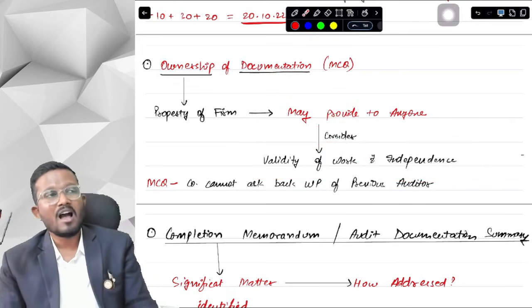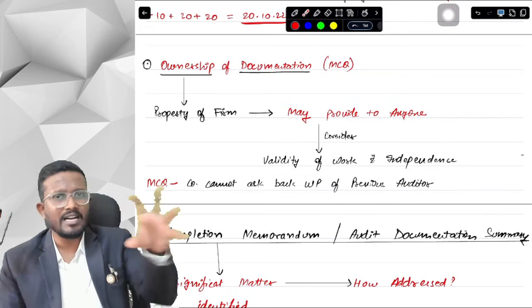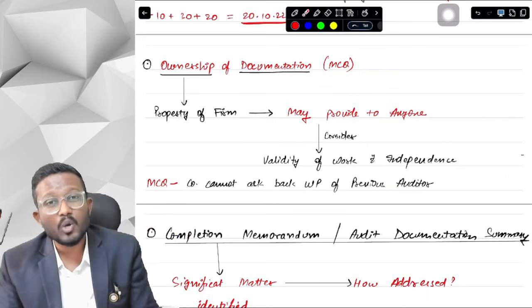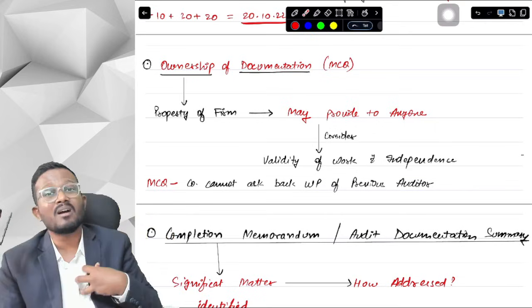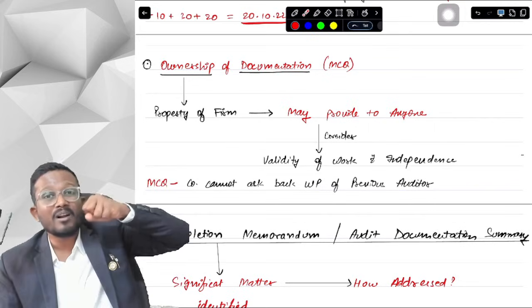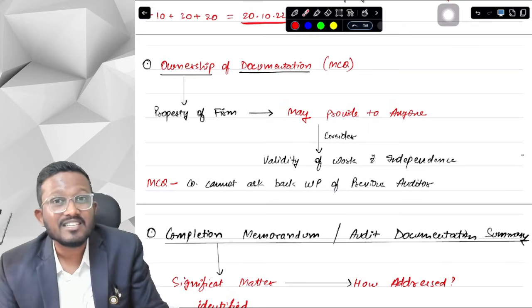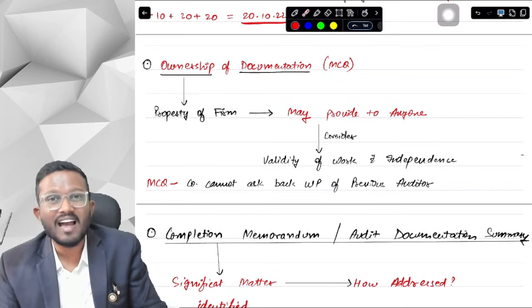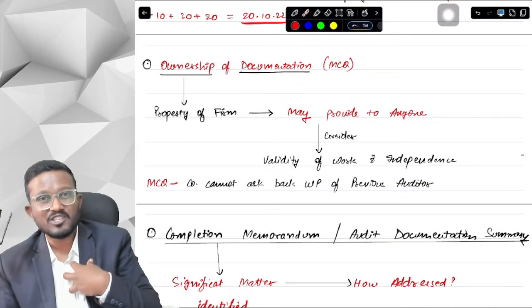Because suppose the client asks the auditor to provide the audit documentation for FD interest. Now the client knows, if I provide the audit documentation, exactly what procedures I am following to check their sample, to take samples, and what my audit methodology is. The client can now predict what I will be checking in the next years.